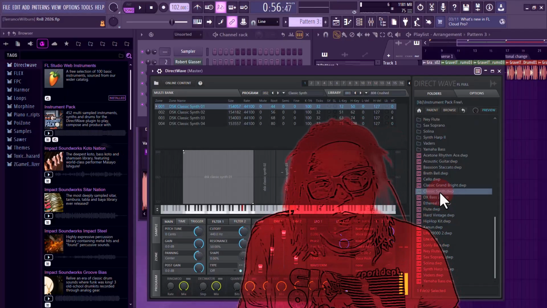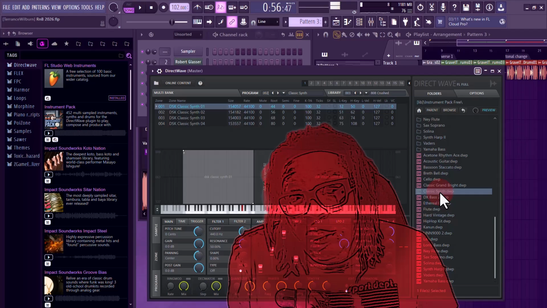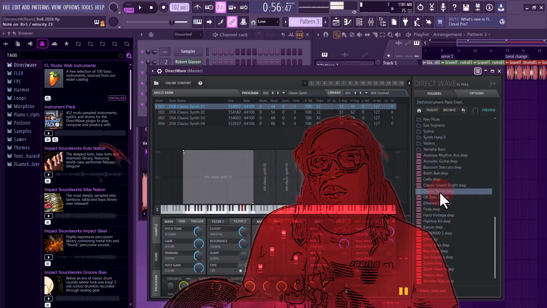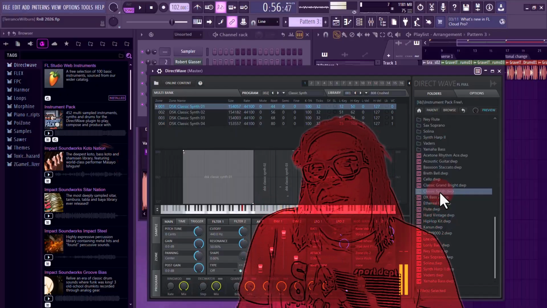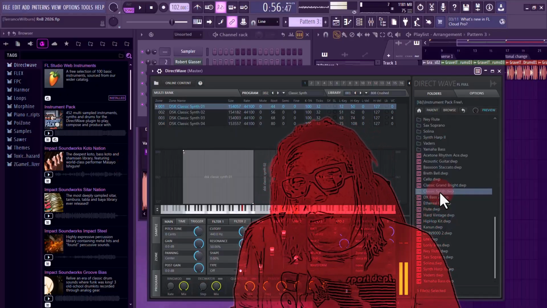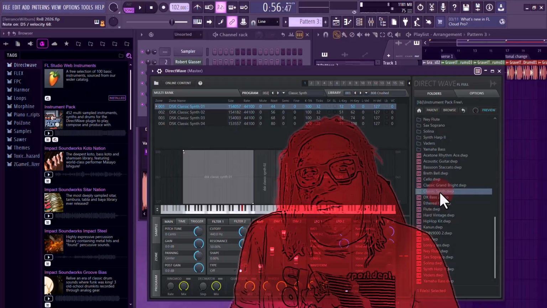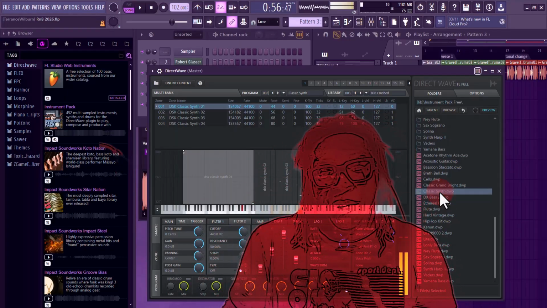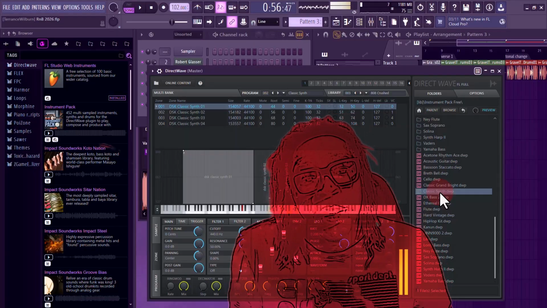Whichever one has a cart on it, I think those are ones you have to pay for. But they had a whole lot of them. It was free. One was this one right here, FL Studio Web Instrument. It came with a ton of stuff. I think there was another one here as well. You may find it different on yours. You may like to pay for some. Go ahead and do that, support them. But anyway, I'm going to use this one right here called